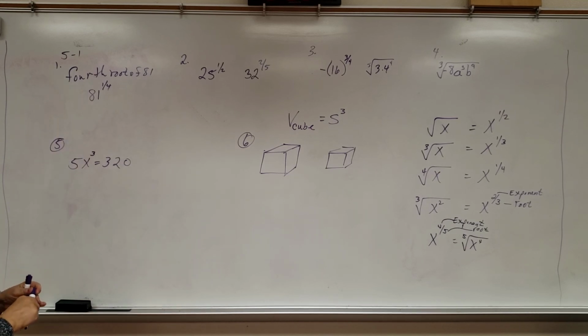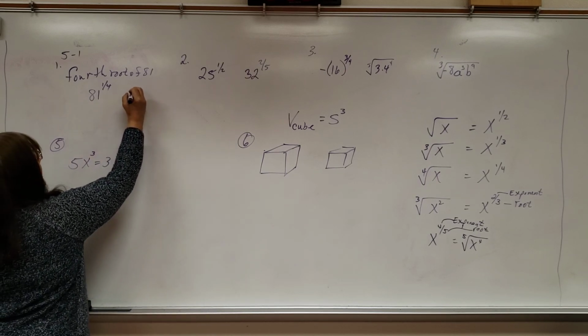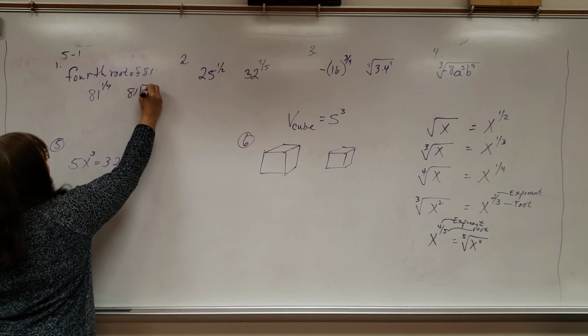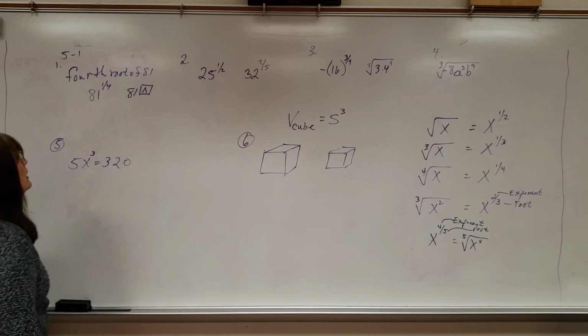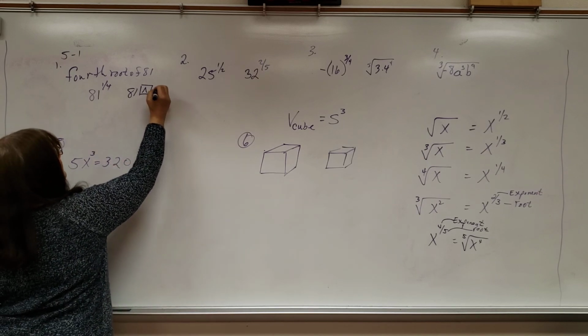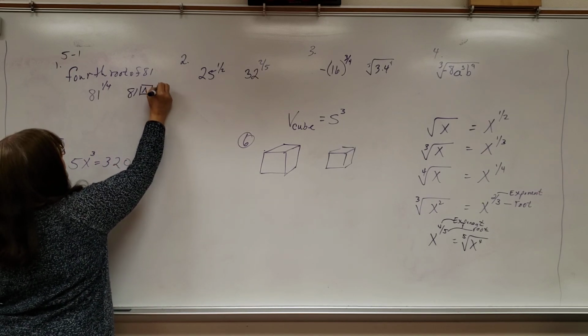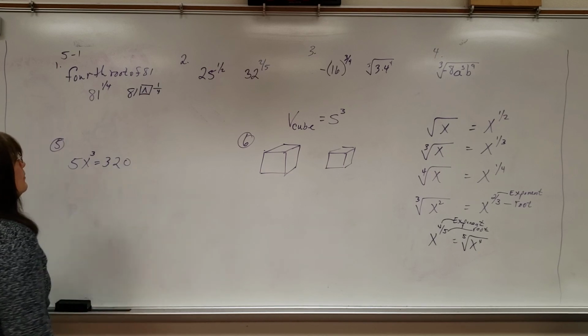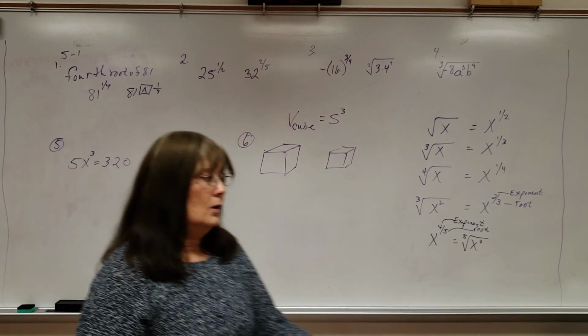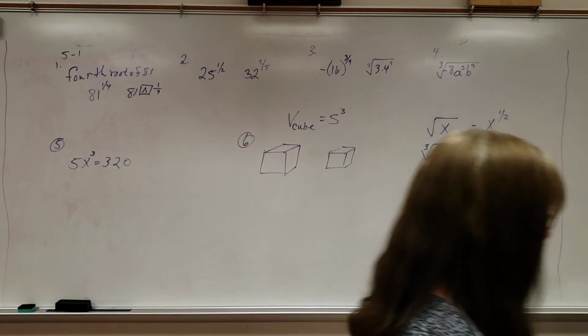Now, you can either put this into your calculator by putting in 81 and then hitting the sign that looks like a little tent, and then putting in 1/4, and that will spit out the fourth root of 81, which happens to be